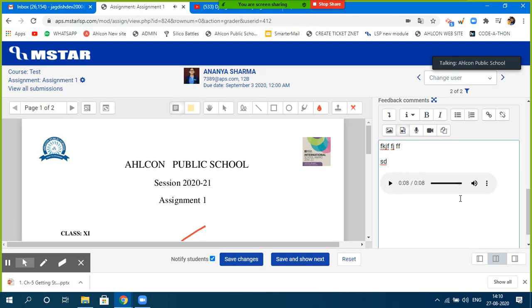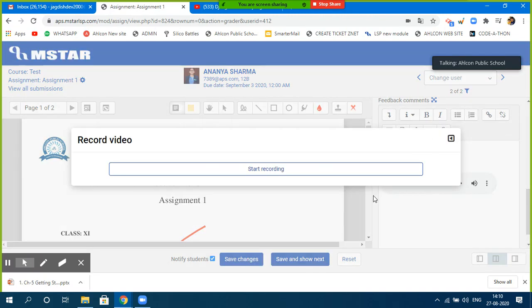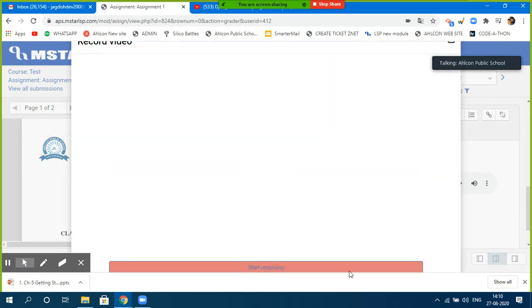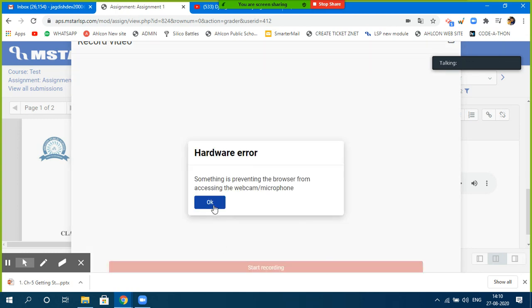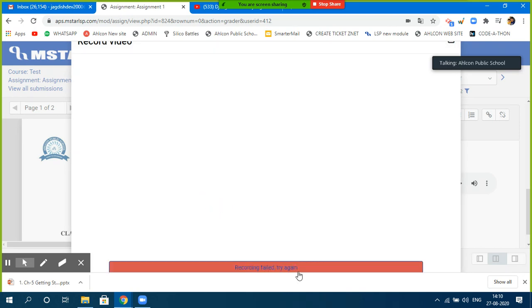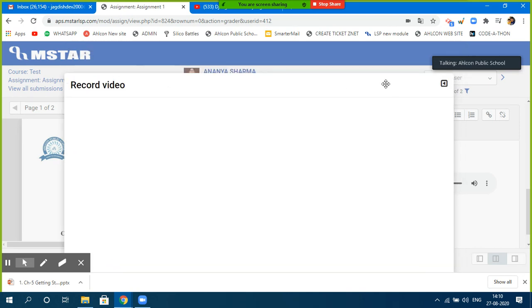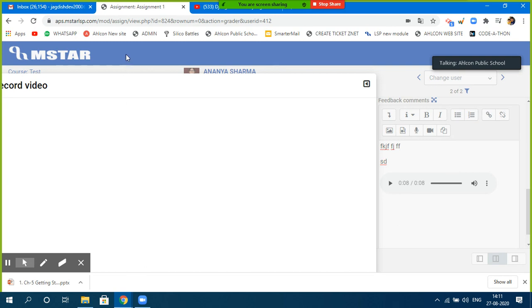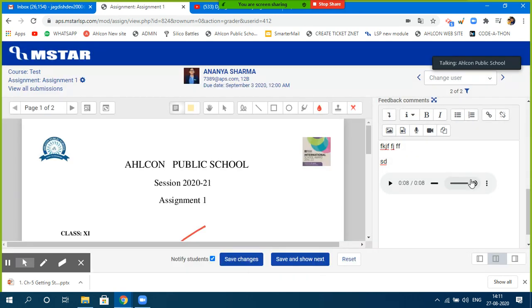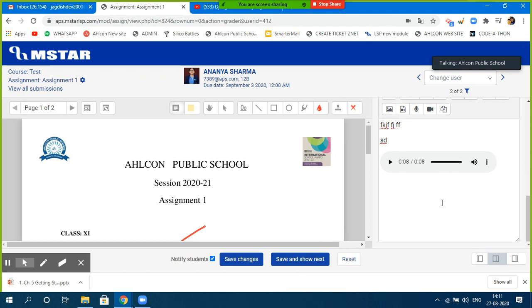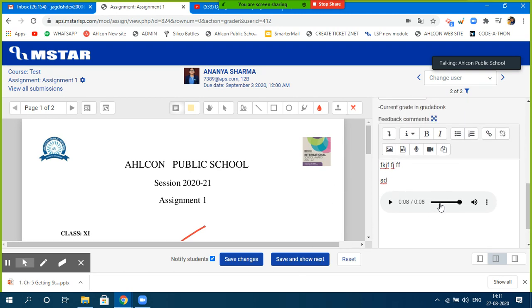Okay, you can also specify the video also. You can click on this, click on start recording. This is similar to the page, but here you are giving your comments in textual form, in audio form, and in video form. Start recording. Okay. Something is wrong, I guess. So anyway, the process will remain the same. To record the video, the process will remain the same. So I'll show you some later on. Right now, it's showing some problem. But in the same way, you can always specify your comment using a video also, right?